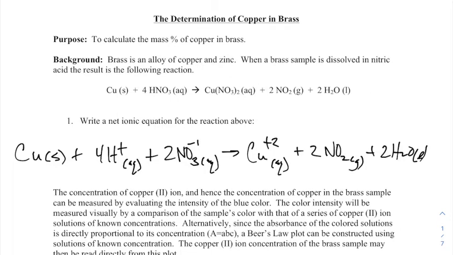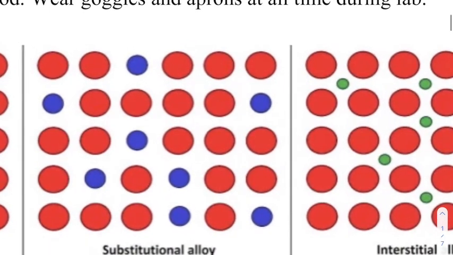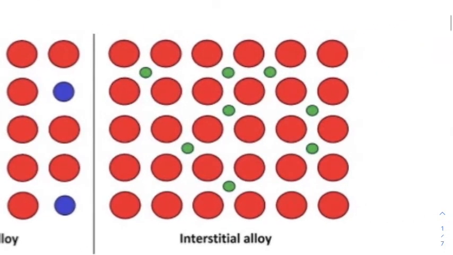Hi there. So what we're going to do today is some internal analysis of a piece of brass. If you look at brass, it is an alloy of copper and zinc. Remember, there are two main kinds of alloys: substitutional alloys, where the two metals are relatively close to each other and just take each other's positions, and interstitial alloys, where there is a big difference between the sizes of the atoms